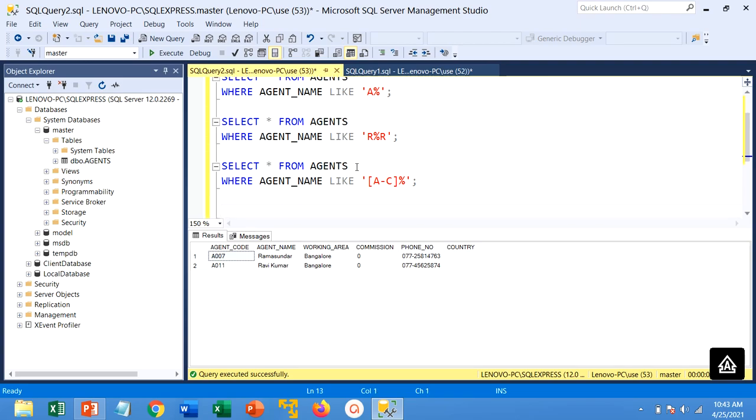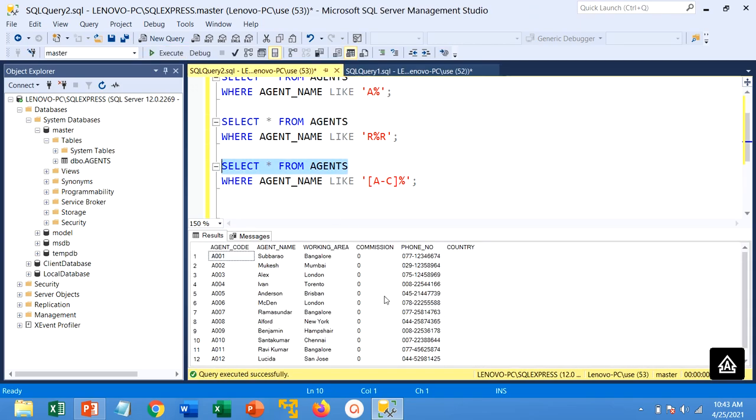Now we will retrieve all the records once again. Now there is a requirement. We have to find out agent names which end with van and the starting letter can be anything. Here we have two records, E1 and O1, which have van at their ending and I and O at their beginning.